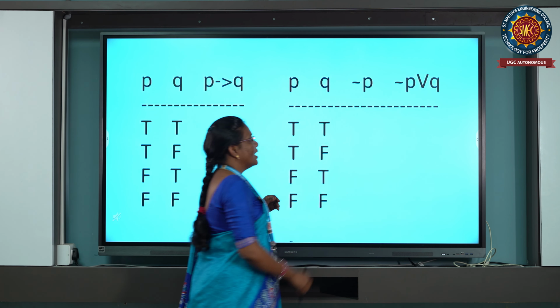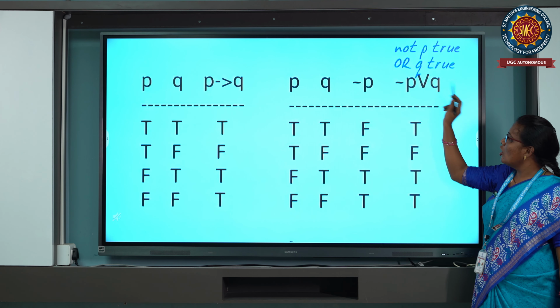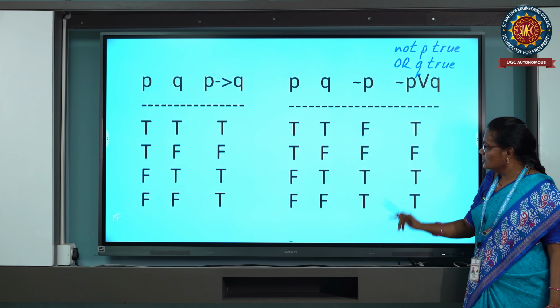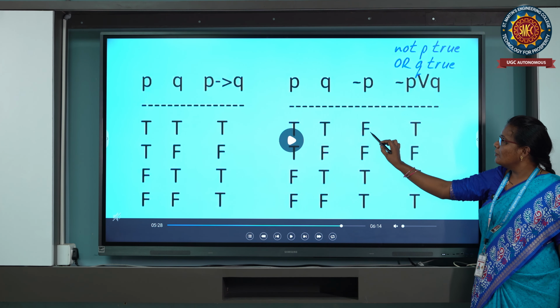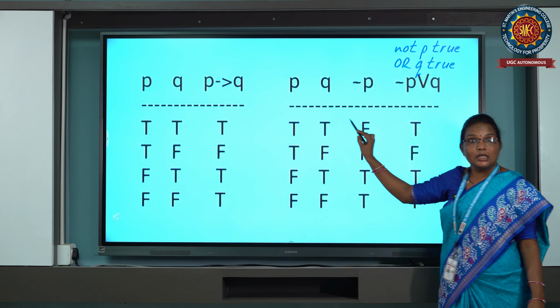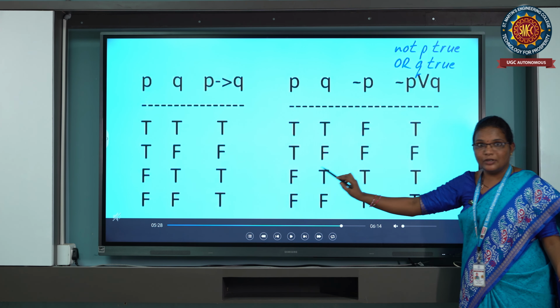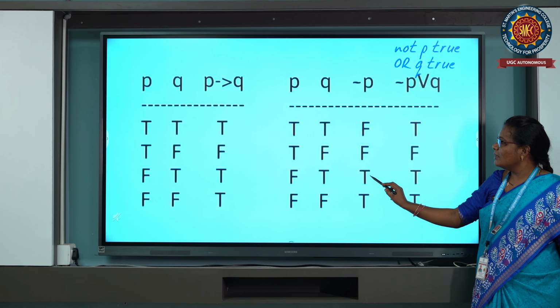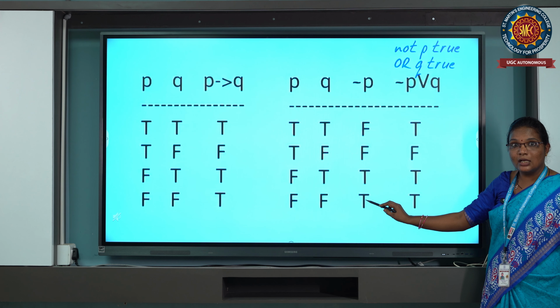Next, we need to find out P, Q, this one, negation P or Q. See this, true. For the negation P, if it is true it is going to get false. If it is false, the negation P becomes true.